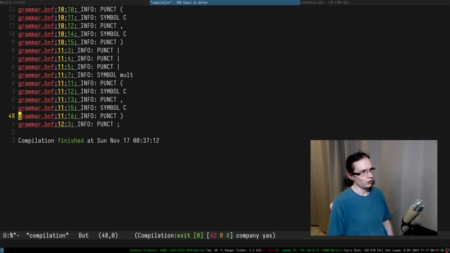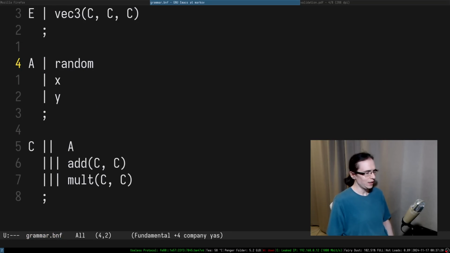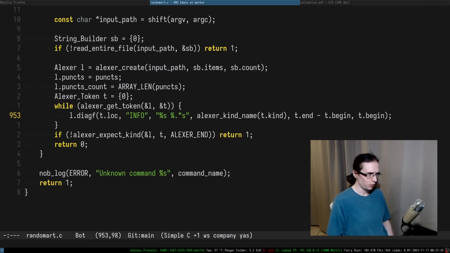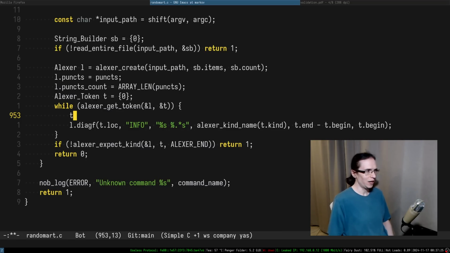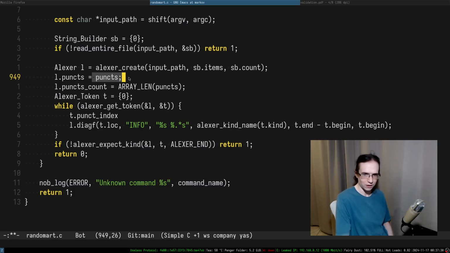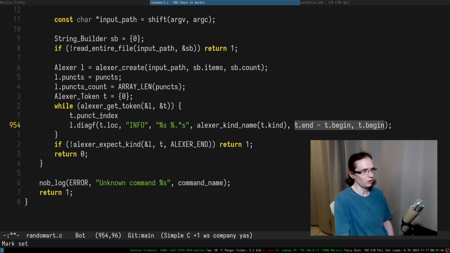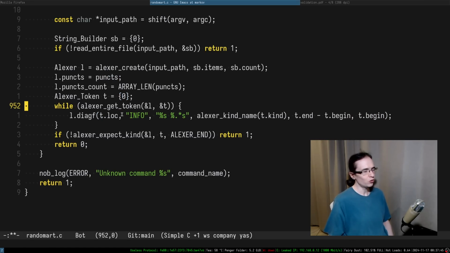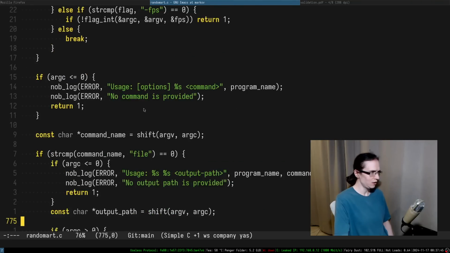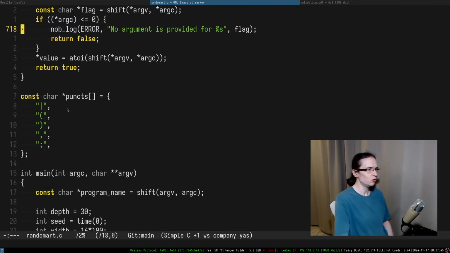But the problem here is that the way the lexer tells you what kind of punctuation you've got is by setting punct index to the index within this array that you provided in here, right? So it doesn't give you the string that you can actually compare. It's not particularly convenient. It's a size string, but the way it tells you is just an index within that array. So to keep track of those indices, I think the easiest way I found is to create an enumeration